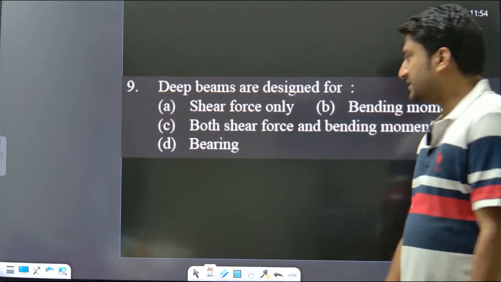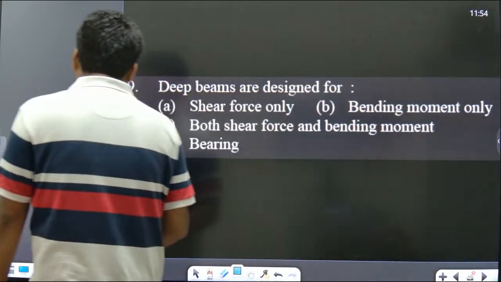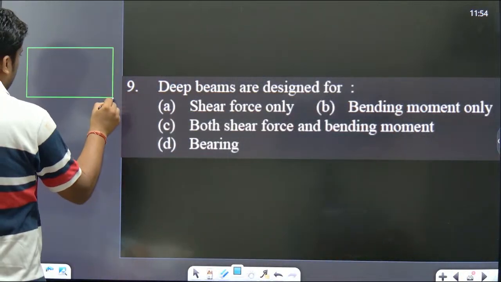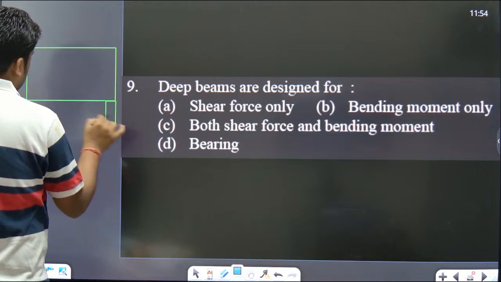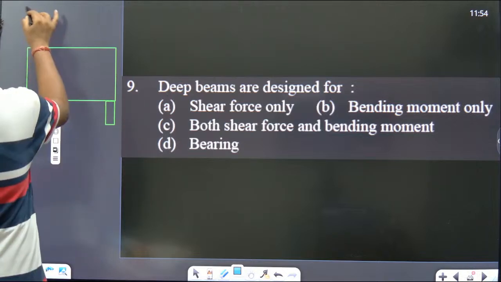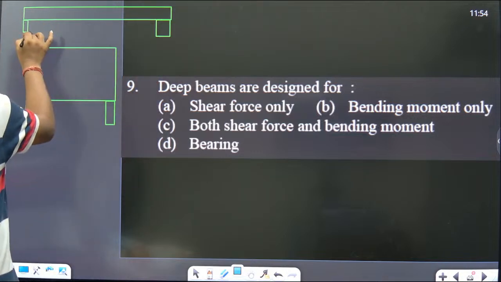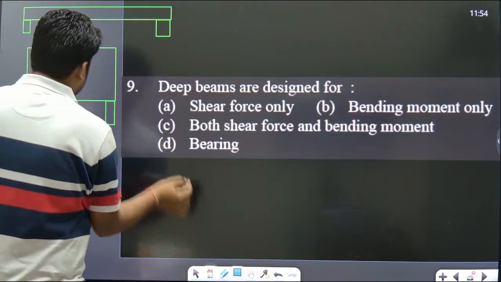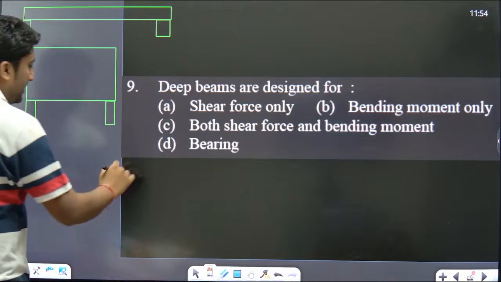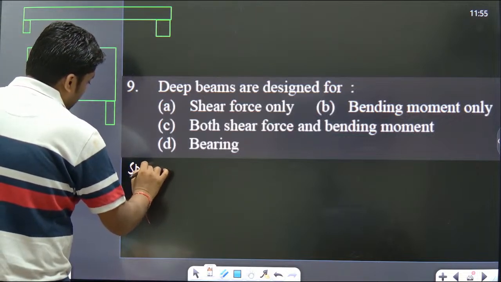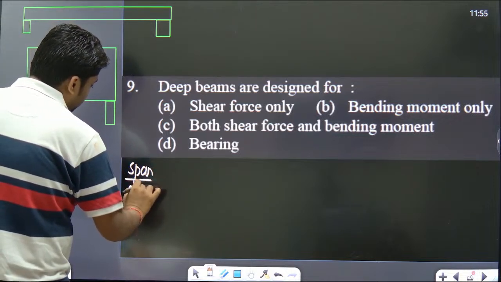You are late, I just told this. Let us suppose this is a beam, one of the beams is like this, where the span is more but depth is less. But here the span is less and depth is more. So span by depth ratio,